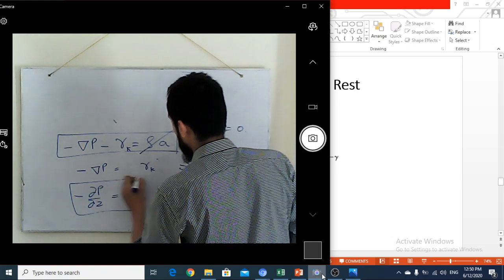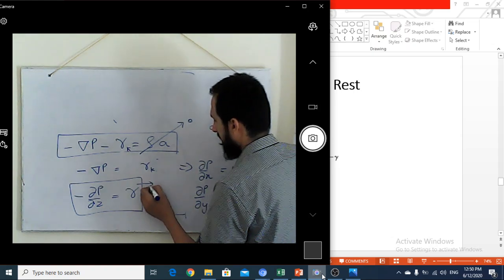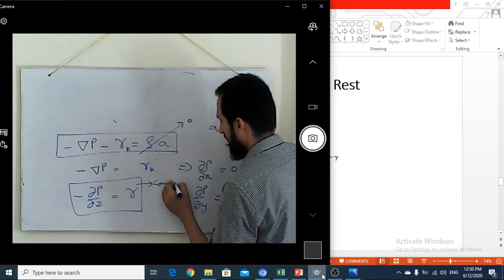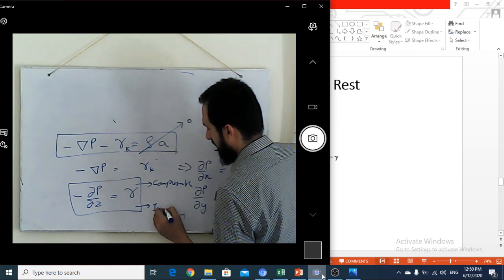This is the general equation for a fluid at rest. Now there are two conditions. If the fluid is compressible or the fluid is incompressible,